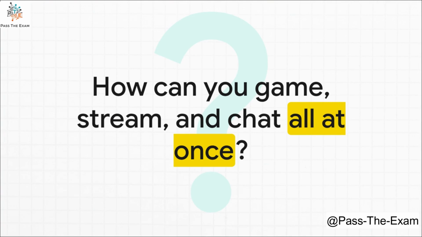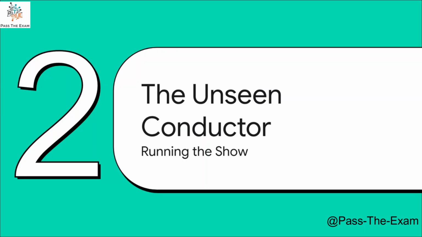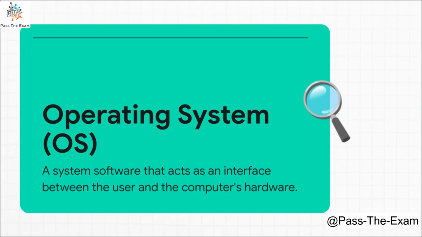So what's the secret? I mean, really, how can one machine possibly juggle all that stuff at once without just crashing? Who or what is conducting this crazy digital orchestra? Well, that's what we're here to talk about. The answer is an invisible conductor, running the whole show from behind the scenes. It's your operating system, or OS for short. Think of it as the ultimate translator. You click an icon, and the OS is the thing that turns that simple click into a language your computer's actual hardware, the processor, the memory, all the guts, can understand and act on.